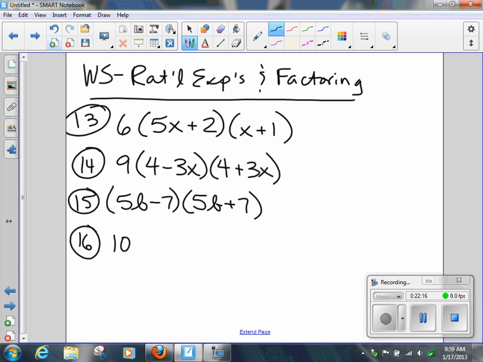Here we go, 16. Ten times the quantity 10v plus 9 quantity squared. Of course, I just cleaned that up. 17